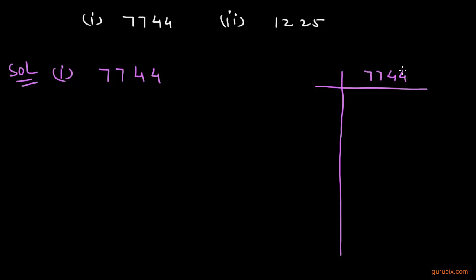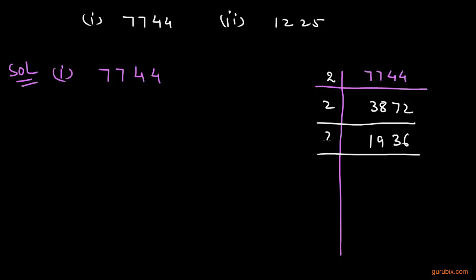We can divide this number by 2 because the unit digit is an even number, so we can divide it by 2 to get 3872, and we can divide this number also by 2 to get 1936, and this number can also be divided by 2 to get